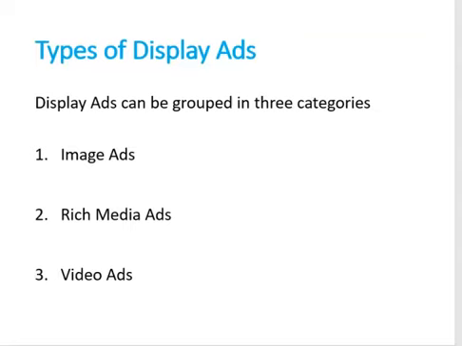In simple words, we can define display ads as an effective and popular format of digital advertising. Some of the key popular categories are: first one is the image ads, second one is the rich media ads, and third one is the video ads. Apart from that, we are all pretty much aware that